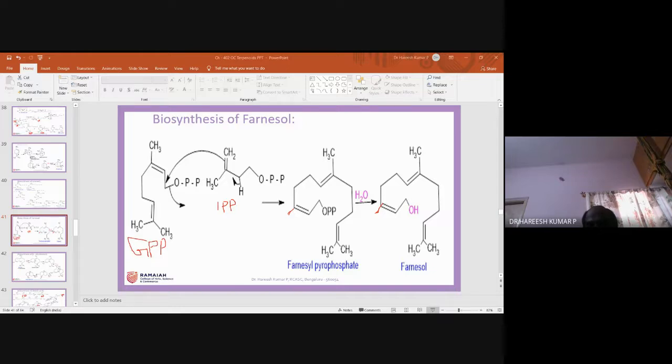The name of this derivative is labdadienyl pyrophosphate. So this again undergoes cyclization. There is a possibility of forming one more six-membered ring. Now you can say these three rings, one, two, three. How you can get this? It is a saturated phenanthrene skeleton. And now since there is a positive charge, this bond pair goes over here,